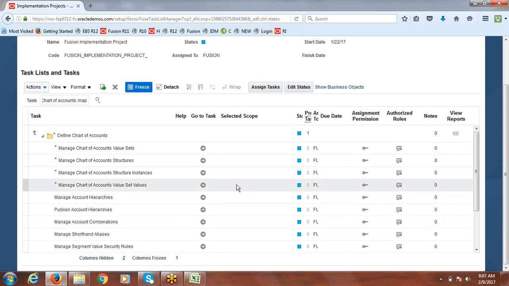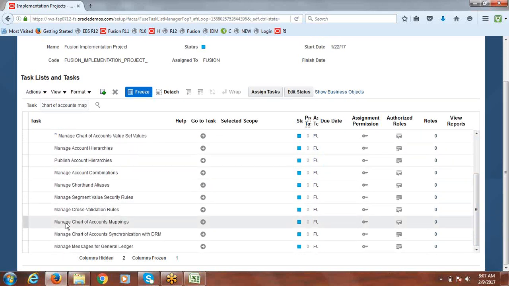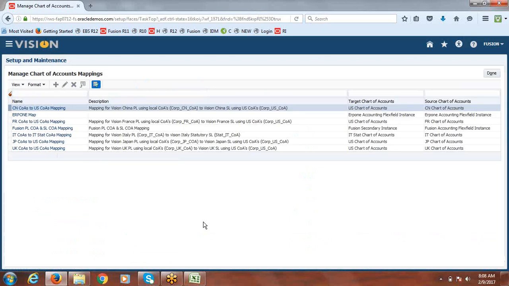So where is that task? Manage chart of accounts mapping. Scroll a little down. So this is the task, manage chart of accounts mappings. Click on go to task icon. Say create. Click on create.